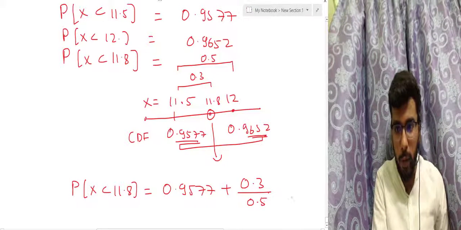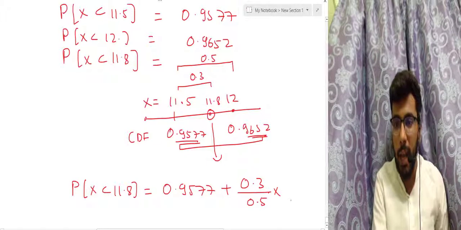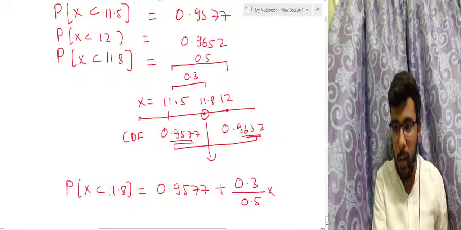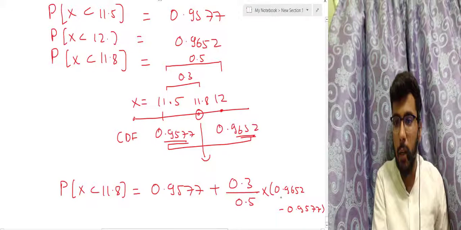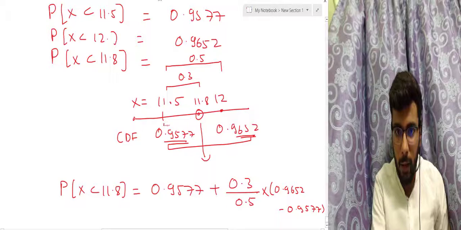I want to take 3 steps out of a total of 5 steps. On what gap? On this total gap between these two. If this gap represents 5 steps, I just want to go ahead by 3 steps. So 0.9652 minus 0.9577. Right. So if this is the total distance, you are trying to find the value between this value